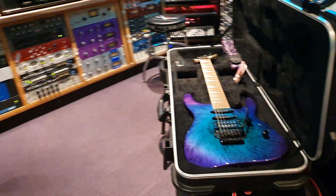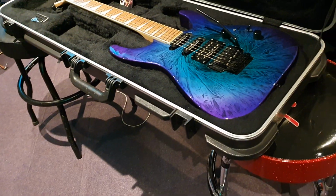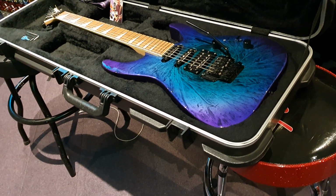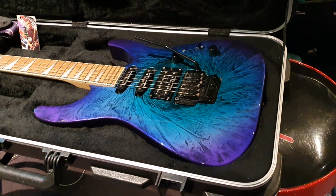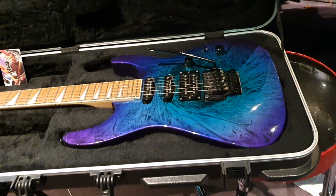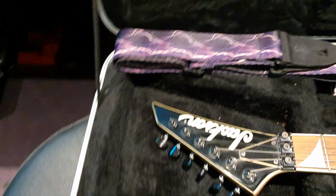Today we've got one of my all-time favorite finishes on one of my all-time favorite guitars. It is a Jackson Dinky DK2 Eerie Swirl. Love this finish. Everyone usually goes nuts on the channels, and when I put them up for sale, they generally